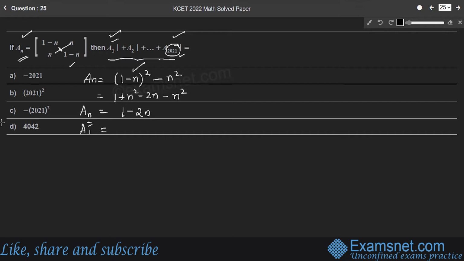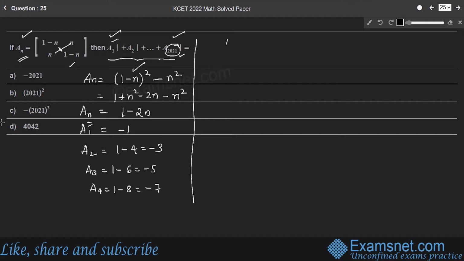So here A1 is 1 minus 2 into 1, which is minus 1. A2 is 1 minus 4, which is minus 3. A3, the third term, is 1 minus 2 into 3, which is 6, so minus 5. A4 is 1 minus 8, which is minus 7. Therefore,